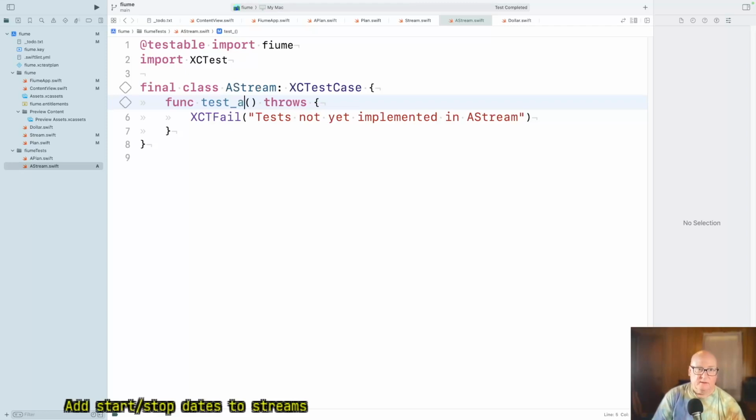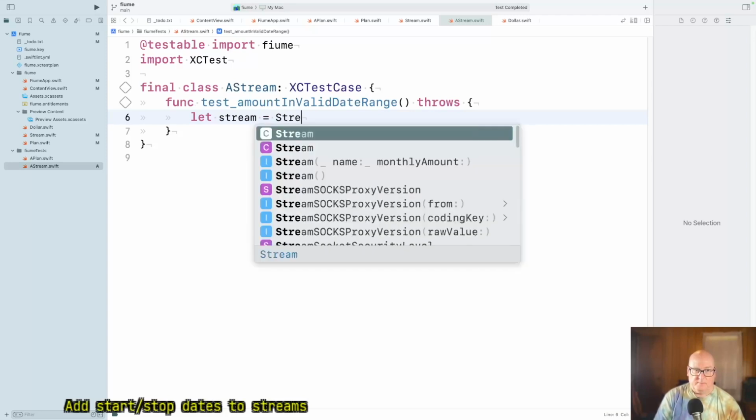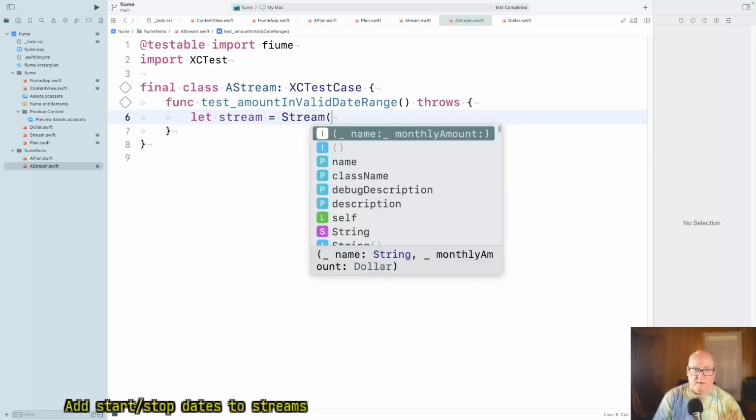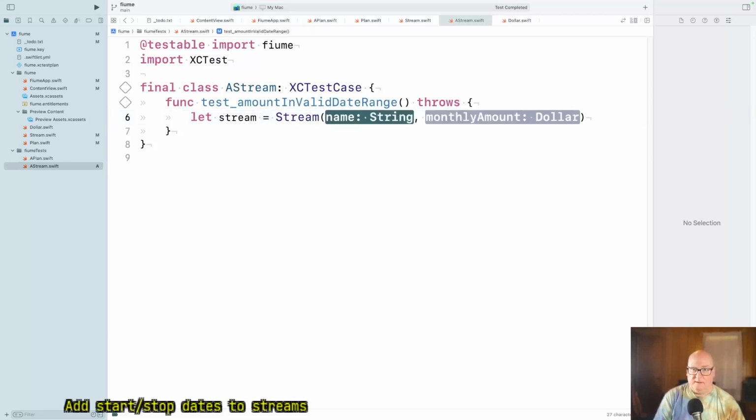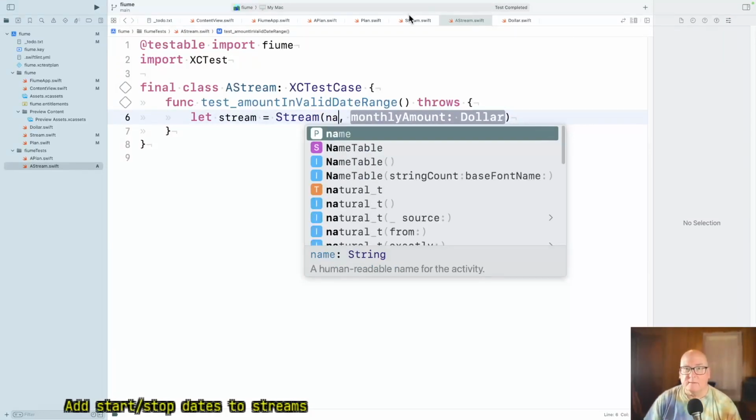Amount, invalid date range. Okay, so I'm going to say there's a stream and name. I think I left that.